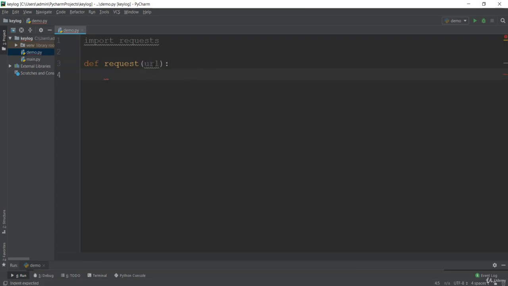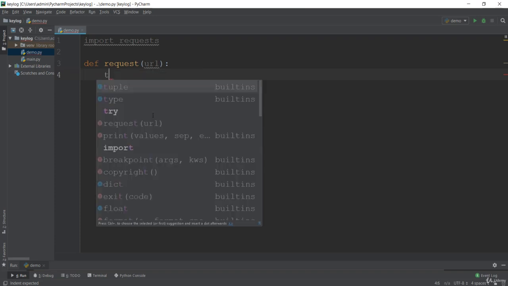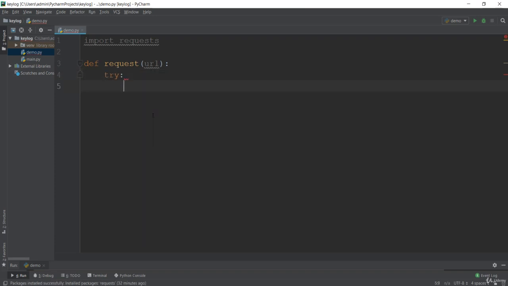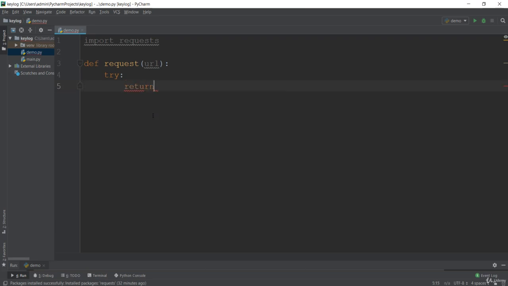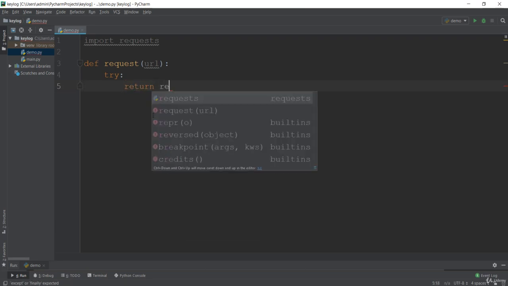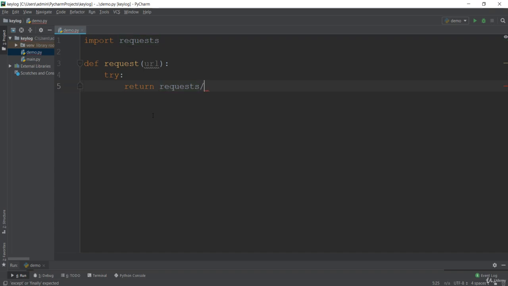So this URL will be the test URL, and basically we have done this same coding before, that is with the try and catch block to see the request. Basically we want to know if that website exists or not. So first of all, I'll just say request dot get. This get method is going to get the URL, and basically this is going to just concatenate with your URL. So I'll just paste this URL over here.